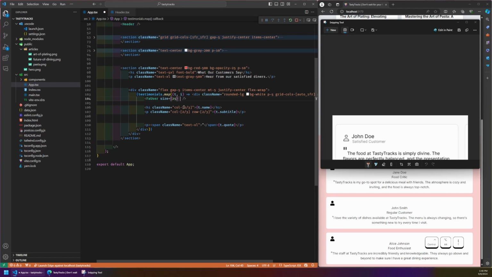For the icon, the column is gonna be 1 to 2, so we're not gonna touch it. The row is gonna be 1 to 3, so it's gonna span 2 columns. And then we've got this one, which is the quote. It's gonna be a column of 1 to 3, and then the row is gonna be 3 to 4. This is it. Now, if I save it,